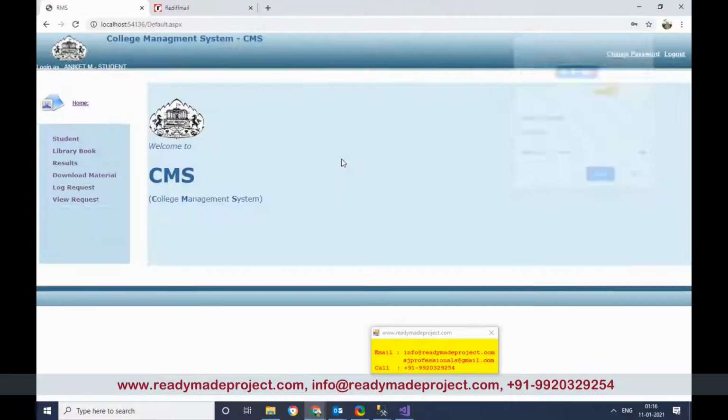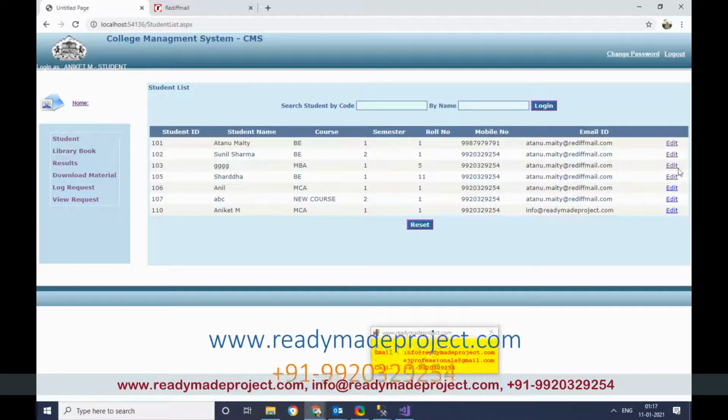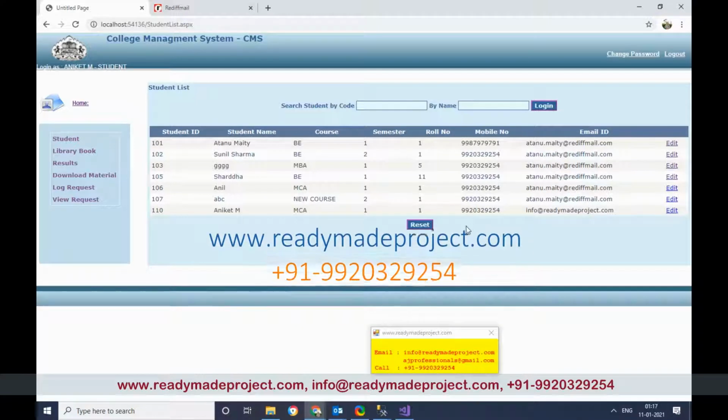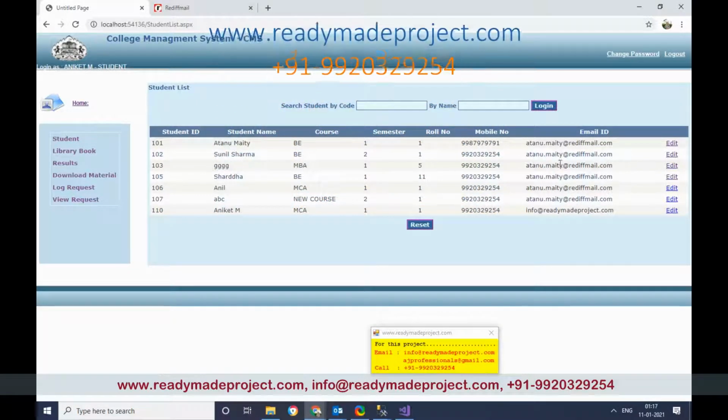On student login, he will view only this menu. A student can view other student details also, this much only. He cannot edit or add a new student, but he can view and search other student details. You can view the name, mobile number, contact details.